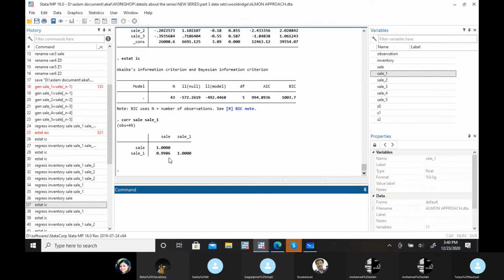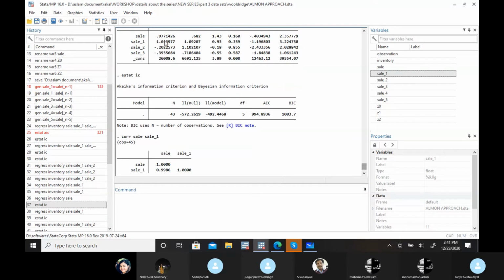So inferential statistics won't work, because the standard error will increase and it will decrease the t ratios. So there might be a chance that we will get insignificant results. Like here you can see all the coefficients are statistically insignificant.